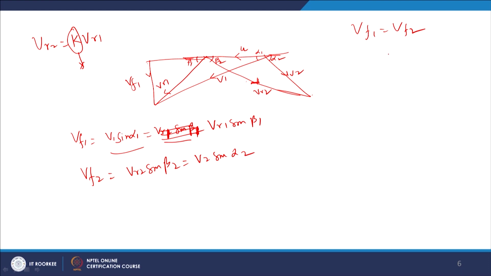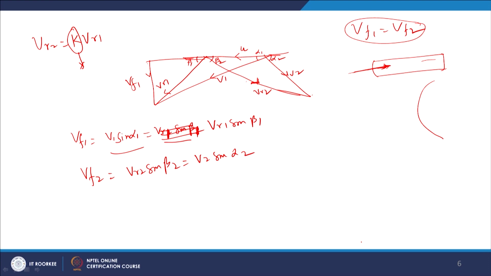Axial thrust means there is a turbine shaft, right, and there is a thrust in this direction along the axis of the shaft. When there is a thrust on the axis of the shaft, it may damage the turbine. So many things can happen. In fact, it is going to be accidental if there is a net thrust along the axis of the shaft. So, it has to be avoided, and a designer should ensure that VF1 is equal to VF2. This is possible only when the steam glides over the turbine surface.